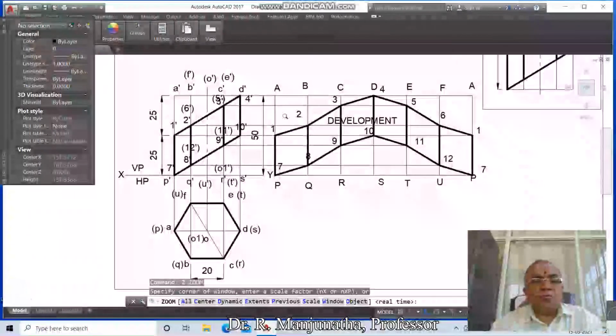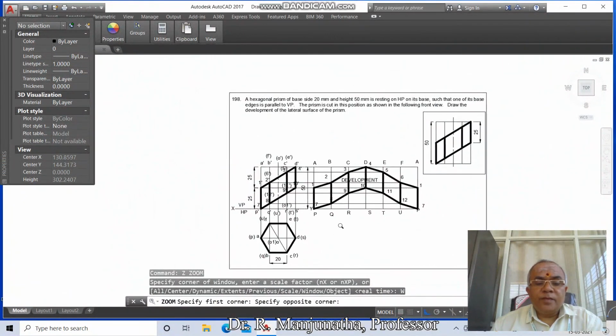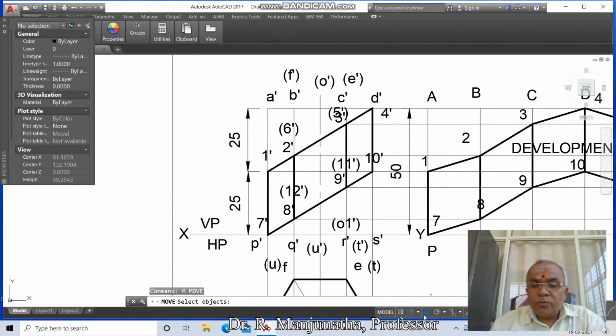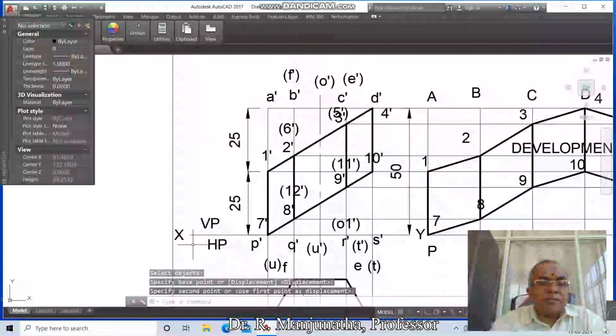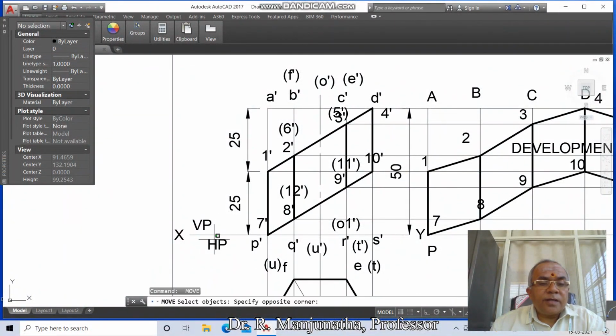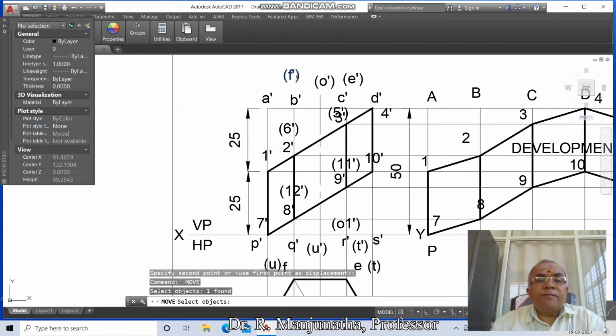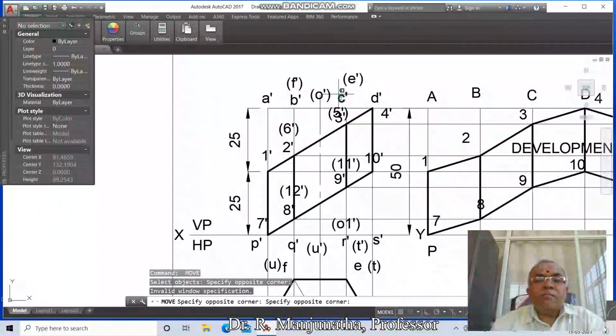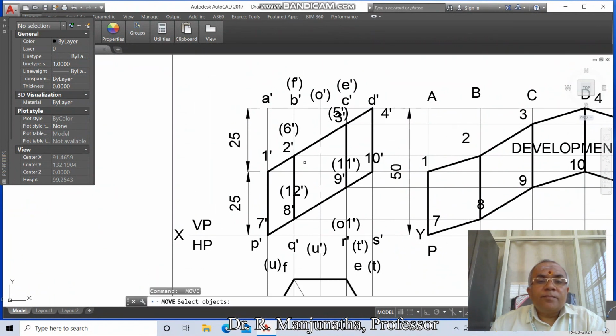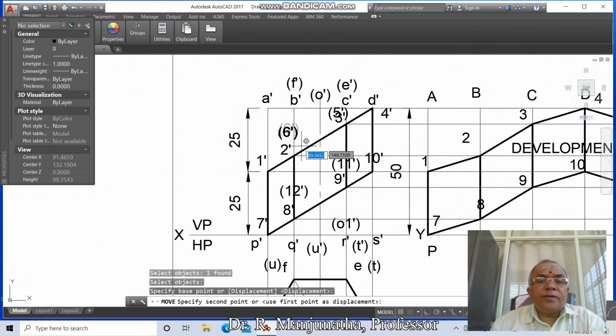Now go to zoom previous, then go to zoom window, then go to move, switch off the ortho mode, then you move this X, you take VP, you take HP, then here you take this as A dash, then B dash, then F dash, then O dash, then C dash, then E dash, then D dash, then 1 dash, then 2 dash, then 6 dash, then 3 dash, then 5